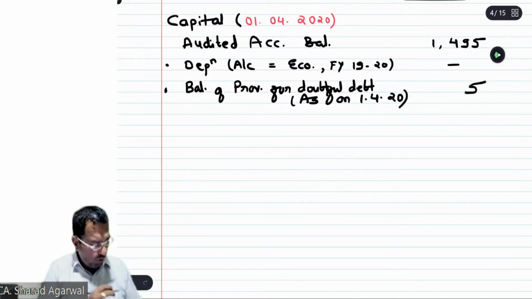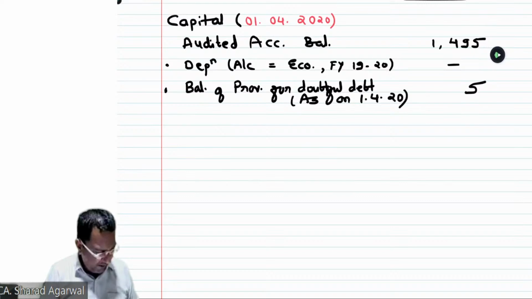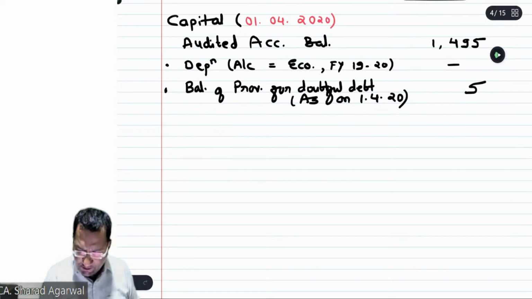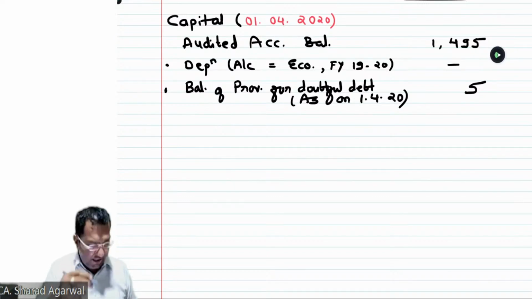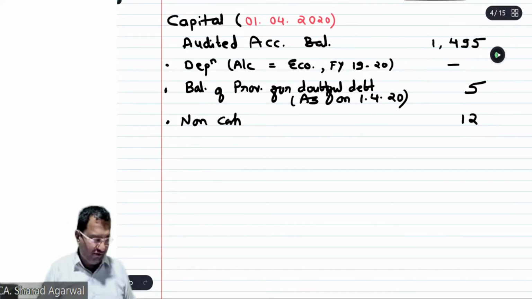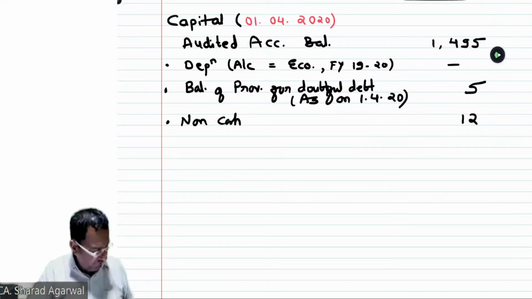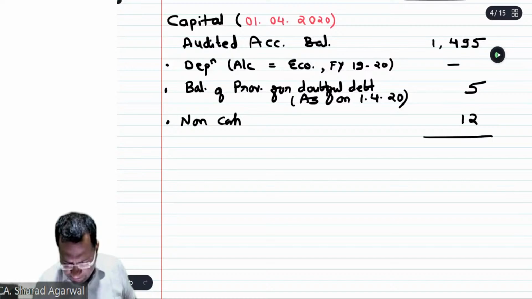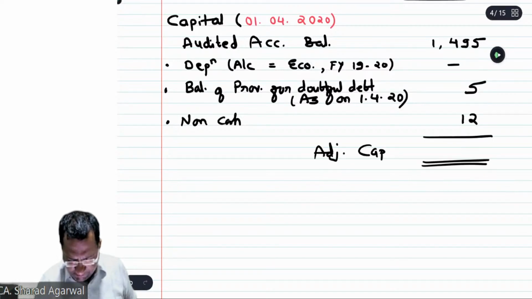Now नॉन R&D का तो कोई भी एडजस्टमेंट नहीं है। नॉन कैश आइटम कितने रुपए डिडक्ट हो गया जिसके कारण our retained earning has been reduced, that is 12 करोड़ रुपए, तो हम उसको ऐड बैक कर देंगे। नॉन कैश आइटम 12 करोड़ रुपए, जो भी ट्रांजेक्शन है लास्ट ईयर से रिलेटेड वो आएंगे। सेकेंड पॉइंट में कोई ट्रांजेक्शन नहीं है, थर्ड पॉइंट में कोई ट्रांजेक्शन नहीं है, फोर्थ पॉइंट में कोई ट्रांजेक्शन नहीं है। So we have completed the adjusted कैपिटल। निकाल लीजिए बेटा कितना आ रहा है। It's 1512 करोड़ रुपए.